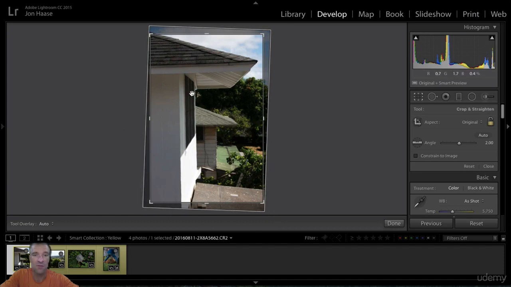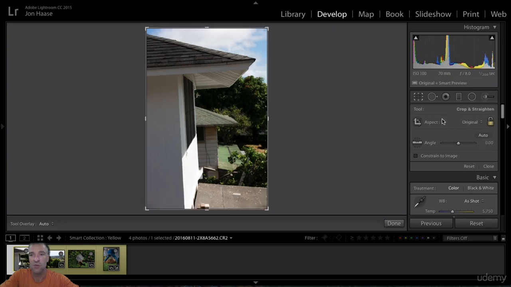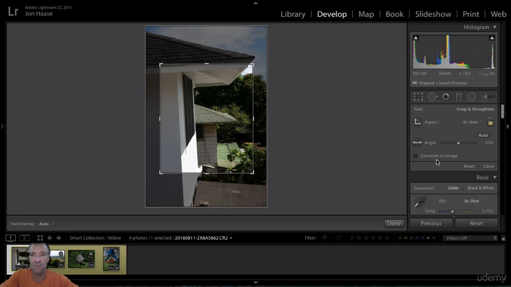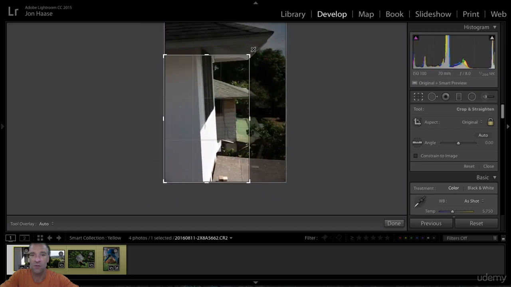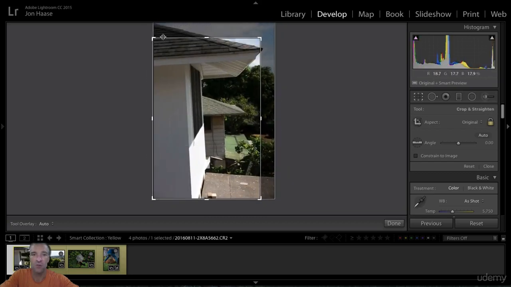So that's how you can use the features that are available here without going to the dialog box. But next up, let's go into the crop and straighten dialog box over here. Now, we'll reset the image by clicking reset, so we can start with a fresh image. And we'll just go down the order here, down the list. Now, I can, again, click on that dialog box, and I've got my standard crop feature. But I can also click over here on this aspect. And once I've clicked there, I've locked the aspect of the image so that when I click and drag on a corner, the aspect of the image, which would be the ratio of the width to the height,